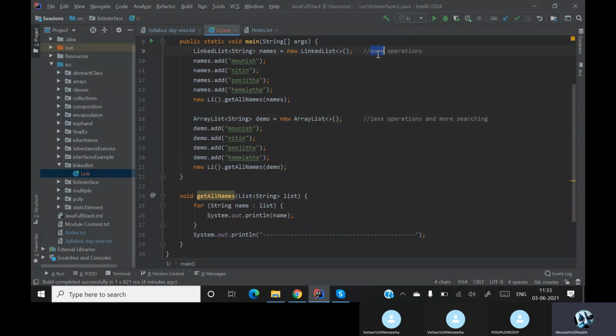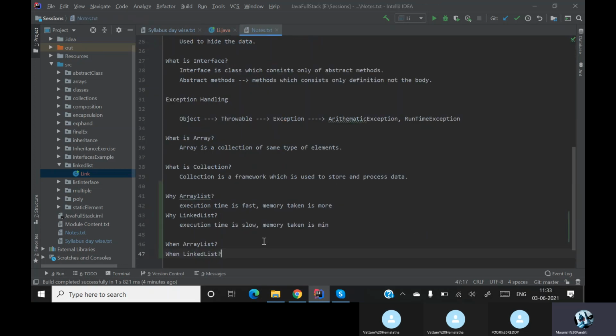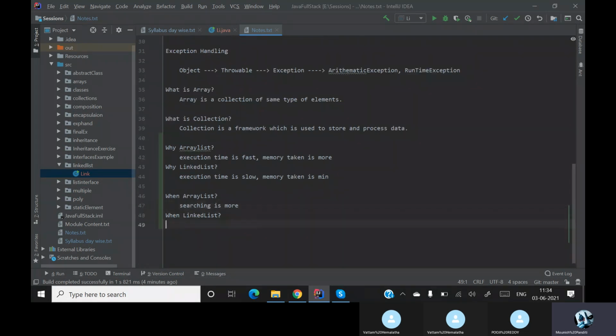For operations, linked list is the best. When searching is more, you use an array list. When your operations are more, we use a linked list.